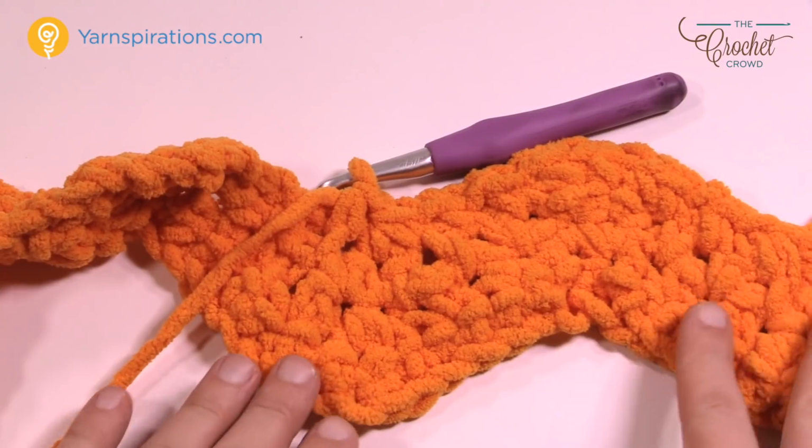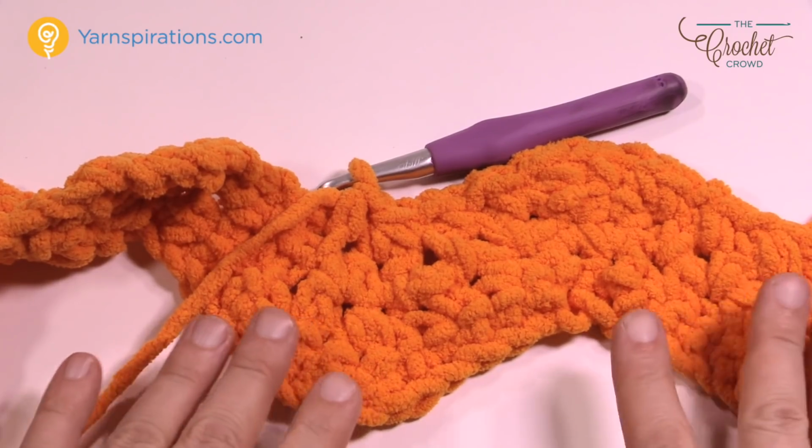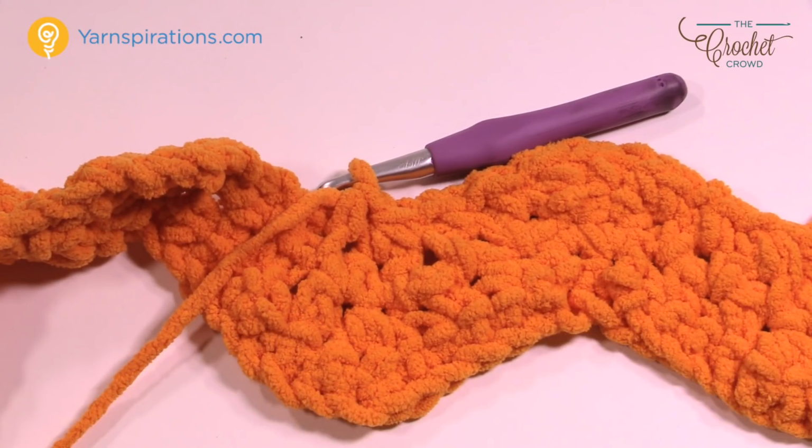As soon as you get your transitioning colors, you can do this with the Caron cakes as well as any colors really. You just have to change the hook to match the yarn, and it is really quite neat. So this is how you do this